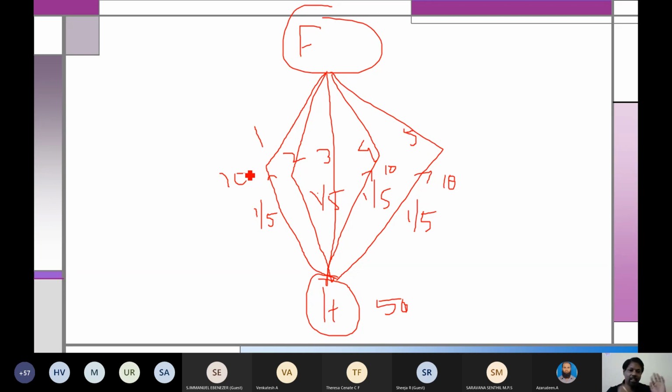Now what will happen is that when the ants are moving in each path, they'll secrete something called pheromone. All paths will have pheromone, right? But the third path is the shortest path, so they can go faster and come back faster.